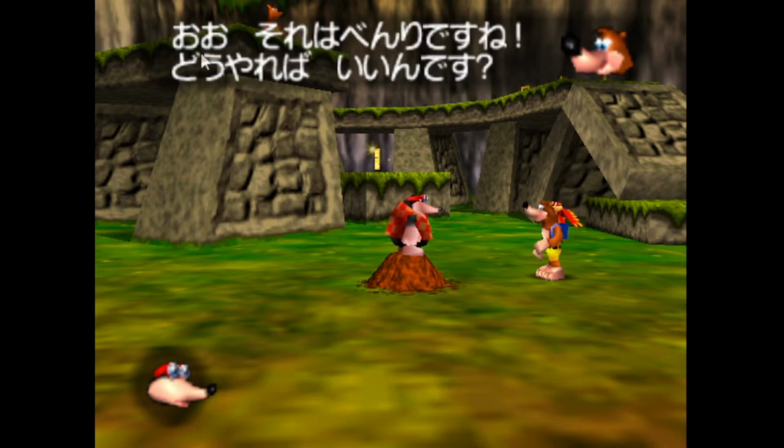Okay. Oh, それは便利ですね. So just a noise. That is kind of convenient or useful. 便利. desu ne. That sounds, yeah, not sounds, but that's useful, kind of, isn't it? どうやればいいんです? It's kind of どうやれば is like if we do how, and then e is like, you know, fine, good. So the kind of, again, it's how do we do it? How should we act? I suppose you could see it as how do we do it? Yeah.